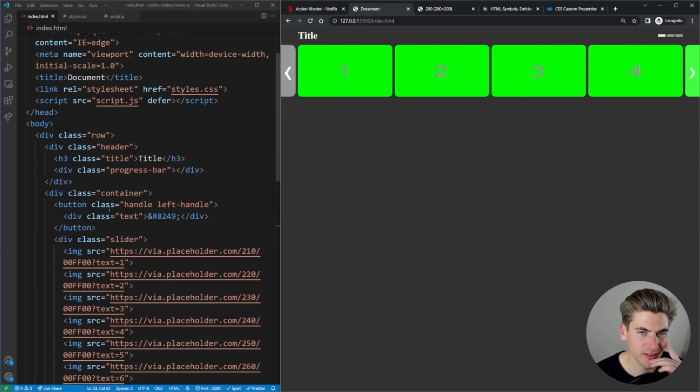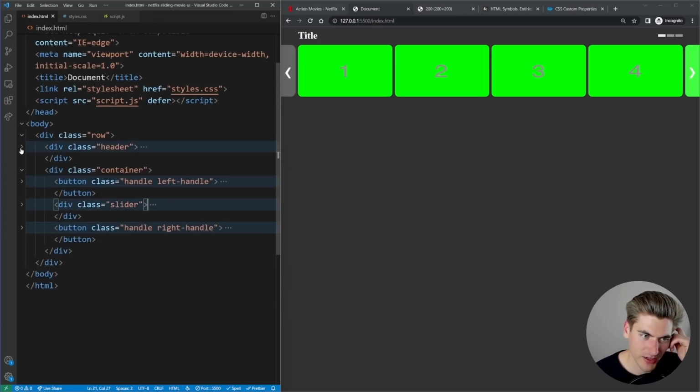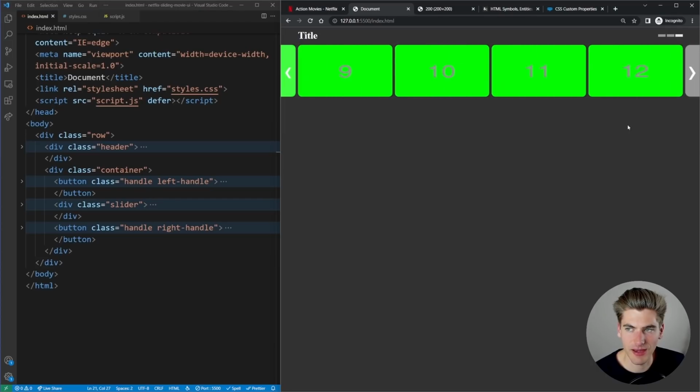So I think we're finally on to the looping portion, which was the part I was looking forward to the least, to be honest. Because it could implement quite a lot of changes, but I'm hoping not. So when we are at the very end of our list, let's think about that scenario first. What I want to do is I just want to essentially copy my slider and add it back onto itself, kind of. I'm trying to think of the best way to do this.